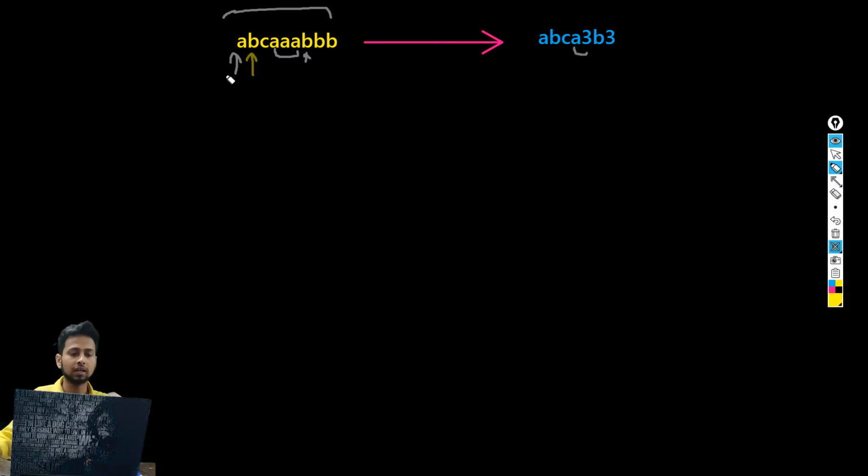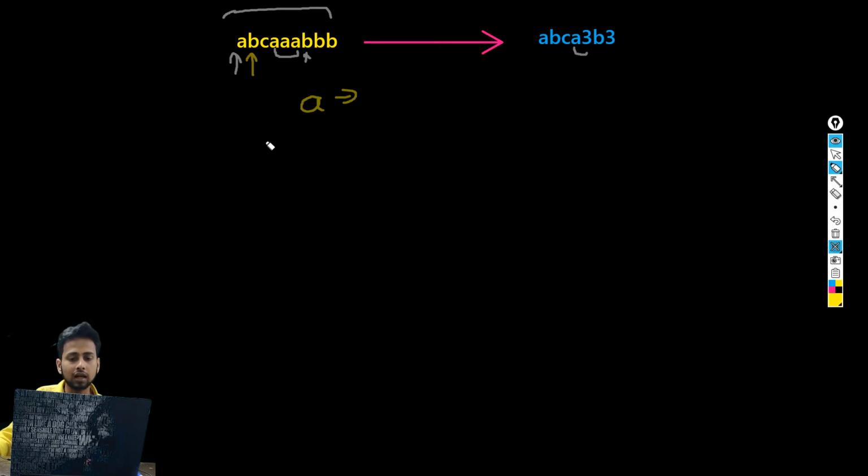But if they are not equal, as in this case, let's explore this bit by bit. So first, we check: is a equal to b? a is not equal to b, and the count of a is just one. We can also keep track of the count when we code, but for now let's just see the approach. So a is coming one time. We have counted the a. It just came one time. So yes, a is just one.